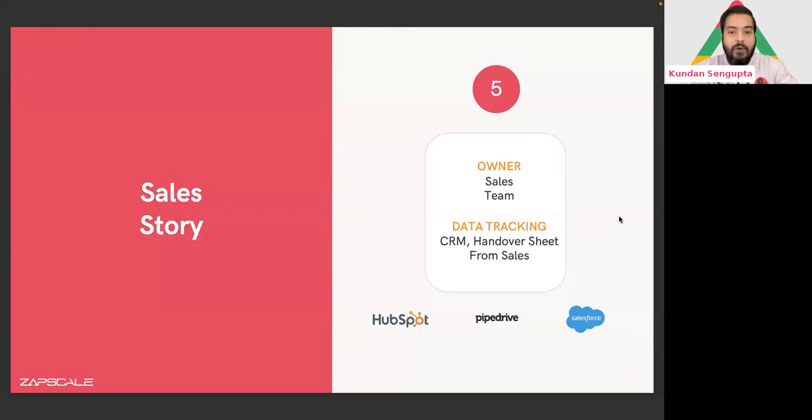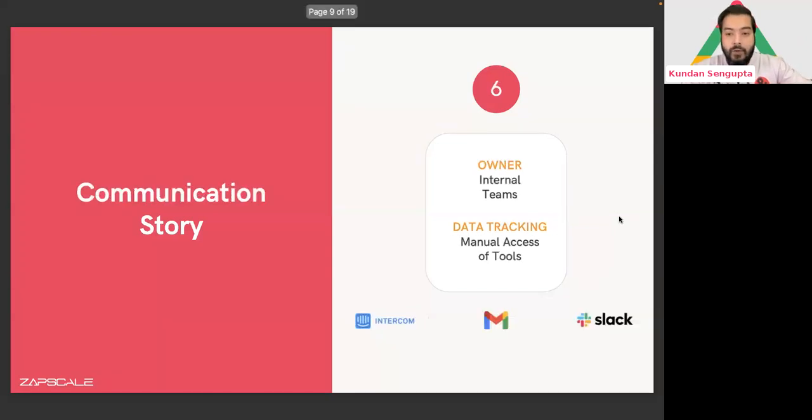Although you're not the primary owners of the CRM, you would still want to do some entries over there or look at the data. Again, this is not all. We looked at product data, ticketing data, the data from feature requests, the data from the finance tools, the data from the CRM. But what you should also keep in constant view is the ongoing communication that the customer has with multiple team members, whether that's from support team, product team, training team, which does not reside in any of the tools, does not reside in the CRM,